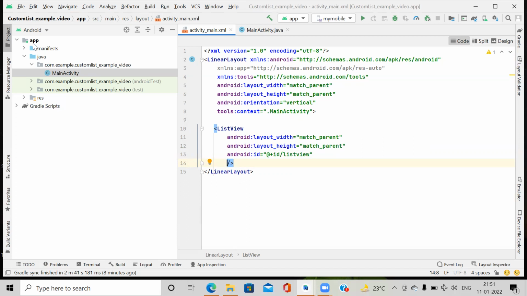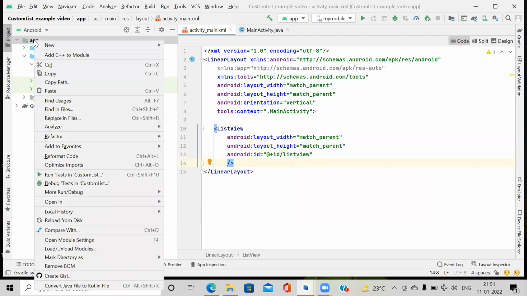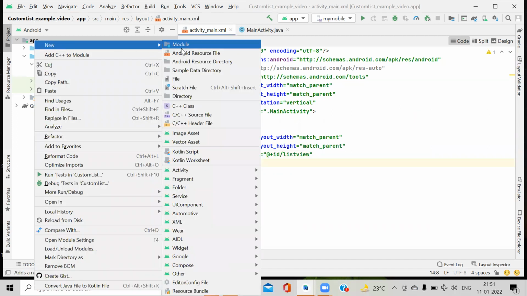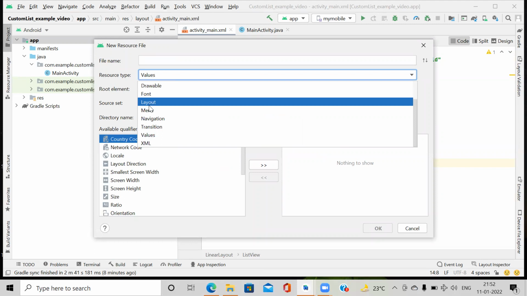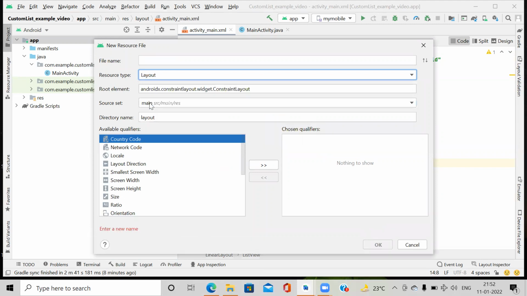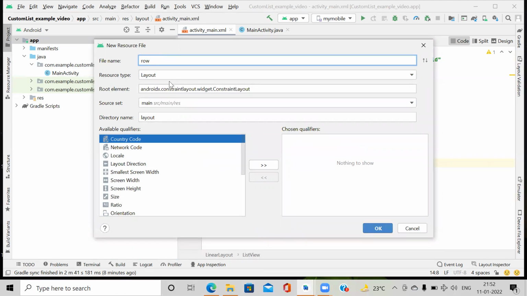So for that we right click on app, click on new, and click on Android resource file. Here we change the type to layout, give it the name row.